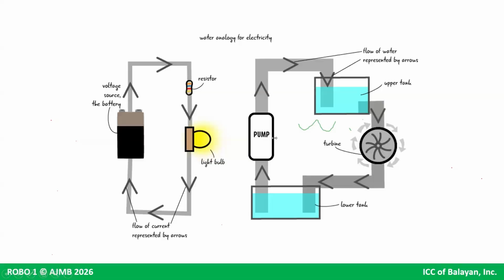So why is the battery sort of like the pump, right? So di ba, when your water is, let's say, on the ground floor, kailangan mo ng pump para siya ay tumaas sa second floor, right? So you have to be spending energy to move it from a low potential to a high potential point, or in my analogy, the ground floor to the second floor. And then, saan mo gagamitin ang tubig? Maybe it's useful for turning a turbine, right? In our circuit, maybe it's useful for lighting up a light bulb, and so on and so forth. So you get your cycle there.